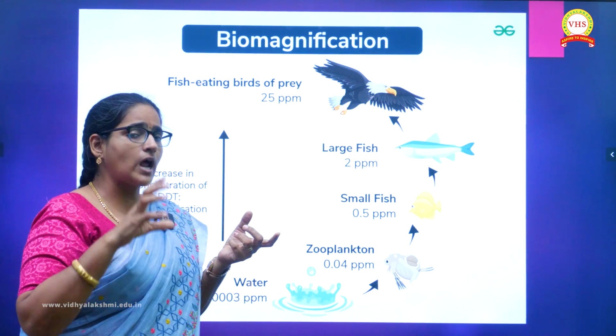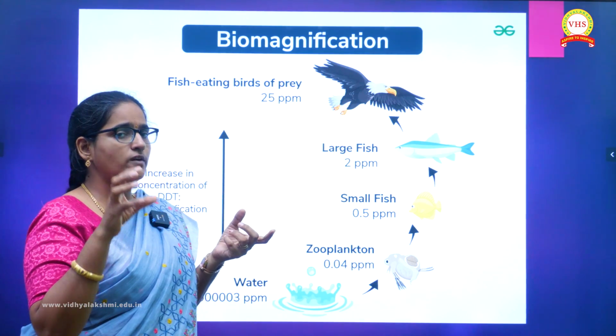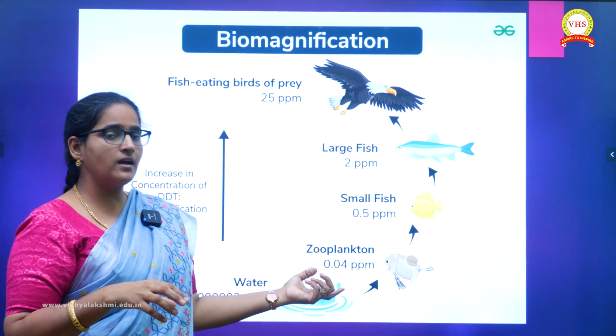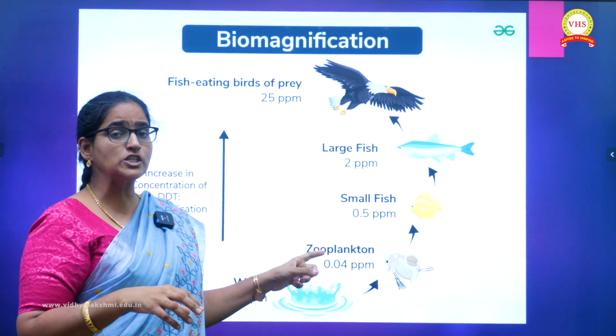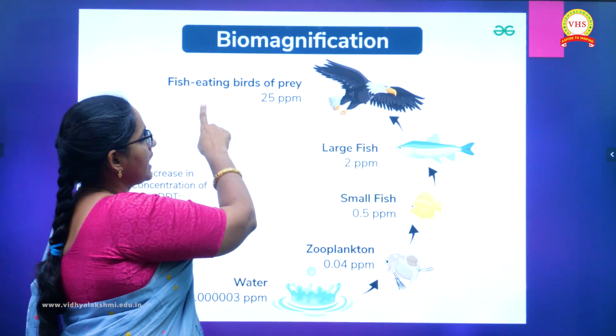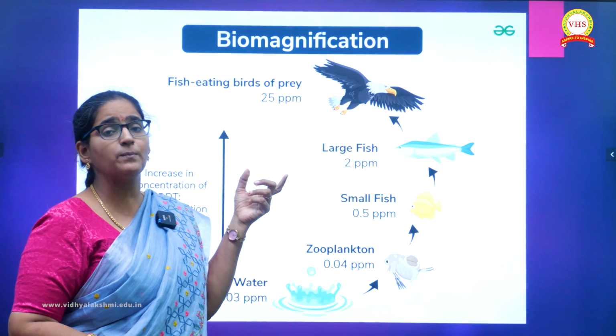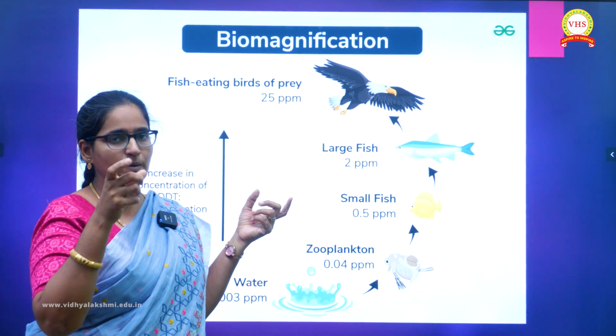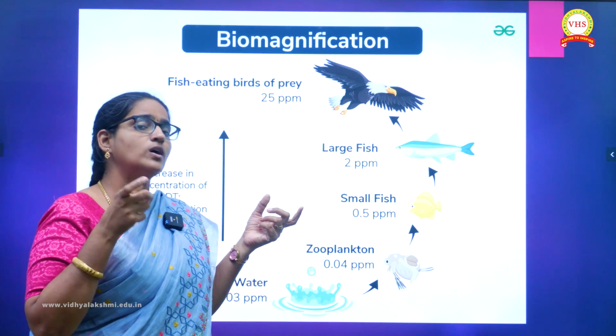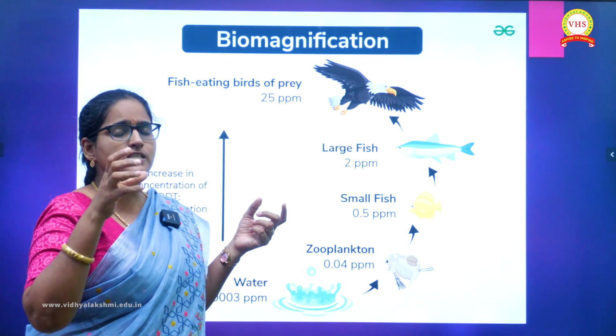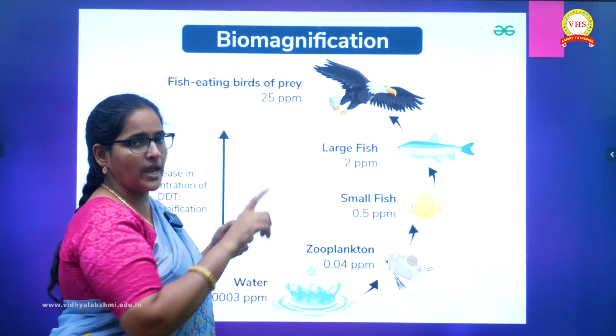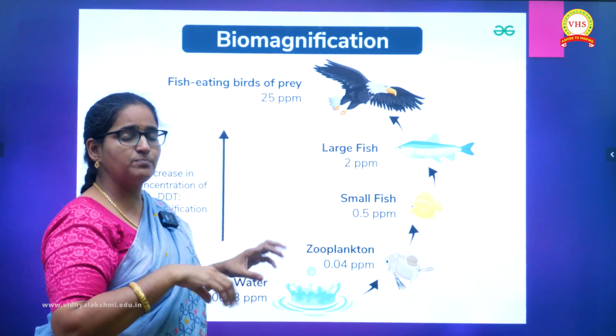Where there is more accumulation of the concentration of this particular chemical. Just compare here, zooplanktons have 0.04 ppm, but if you look at the largest prey organism, they have 25 ppm. ppm means parts per million, which is used to determine the concentration of a chemical. So always remember, if you take a food chain, at any level the chemical is entering into the